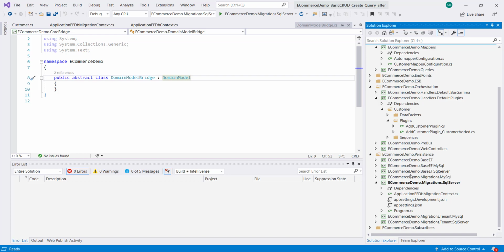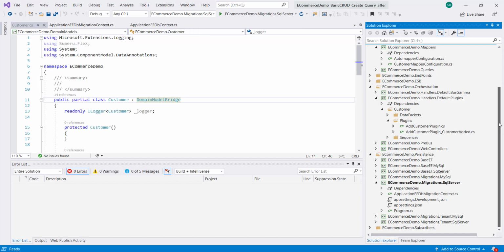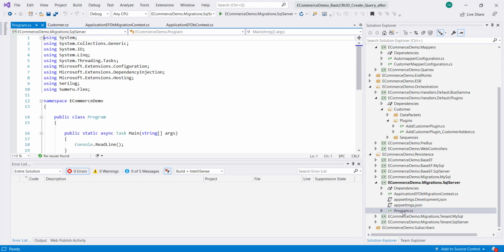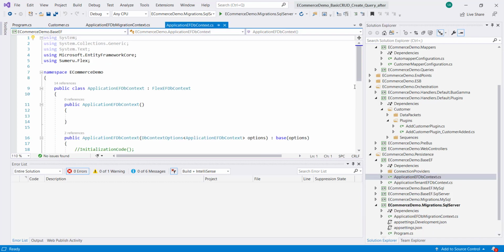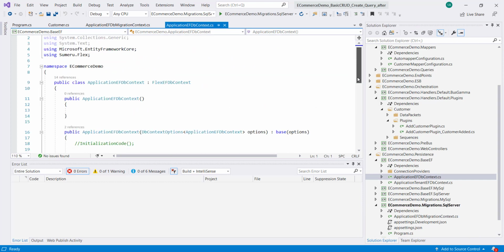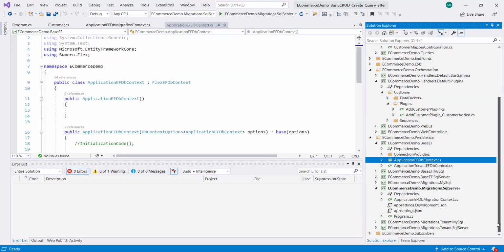So you don't have to add your DB set for your Entity Framework Core context. There is no need for adding any of the domain model into your EF context. Flex will do that automatically. So now we have this DB context, and here you see we don't have anything added specifically in the context as DB set. Flex will do that for you.